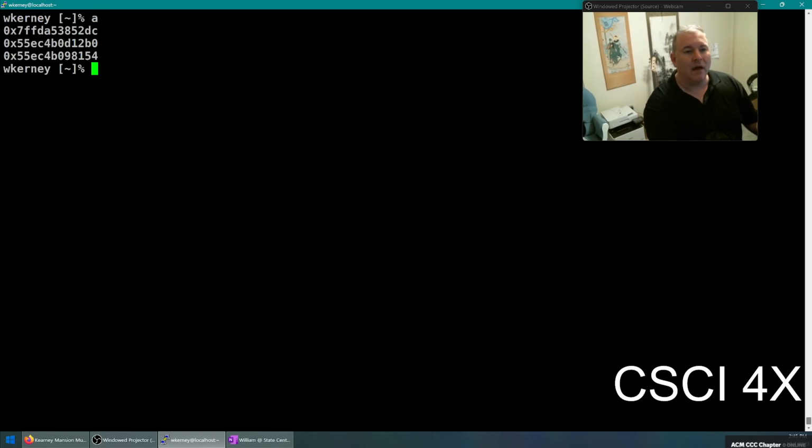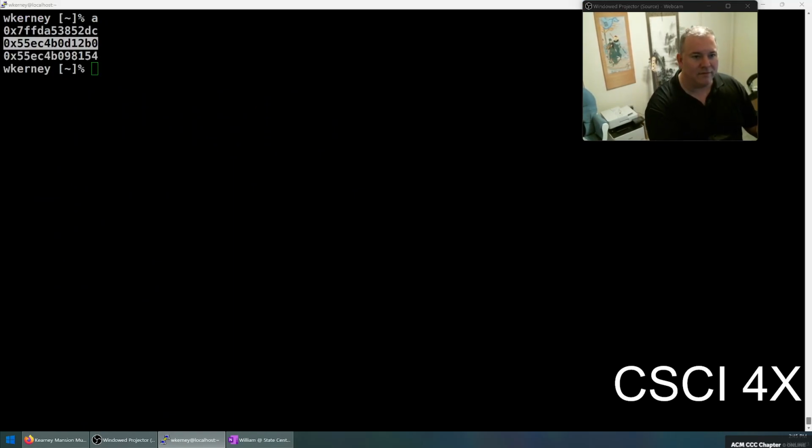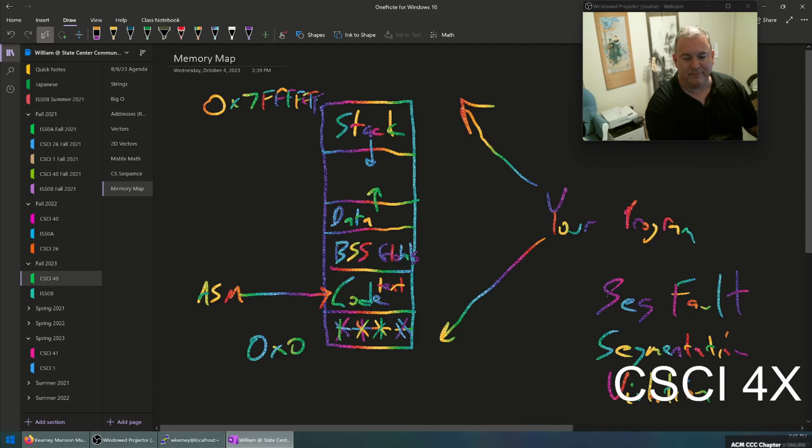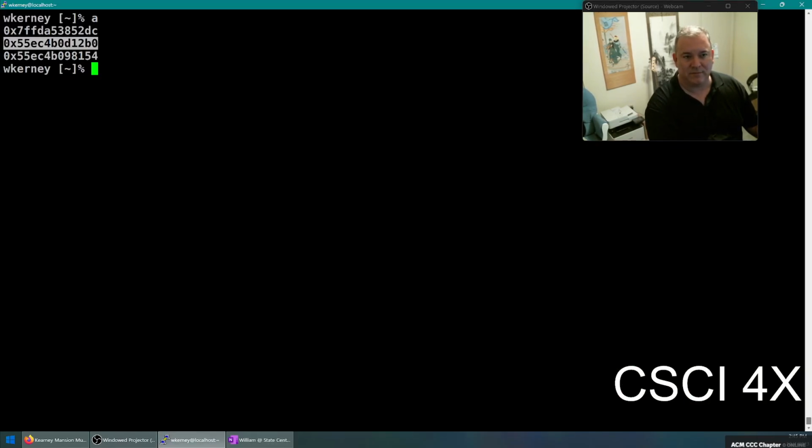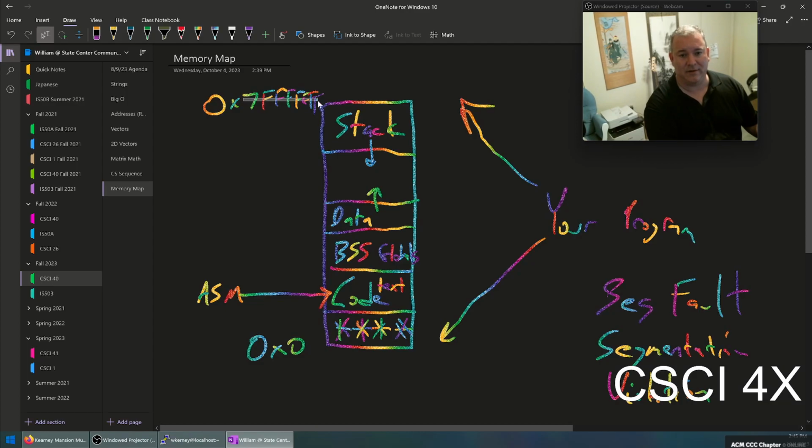There we go. So you can see it is slightly above the BSS right here. So that is the vector, it's being held in the data segment. And the regular variable x is held in the stack segment up here near 7FFFFFFFF. These are apparently around 0x5.5EC, and these aren't really fixed values, but just kind of giving you an idea of where things